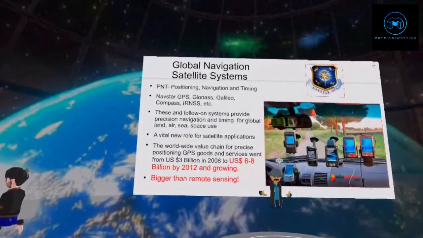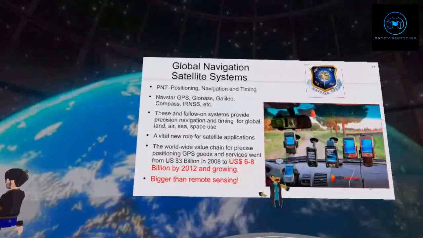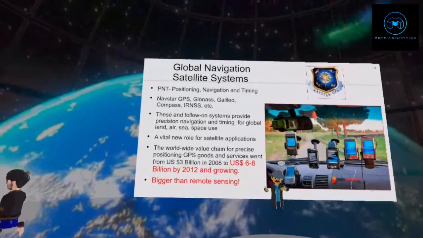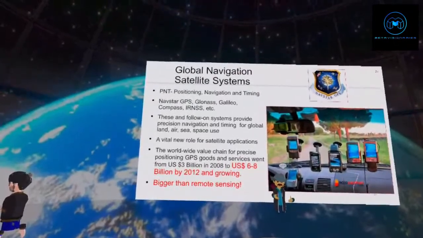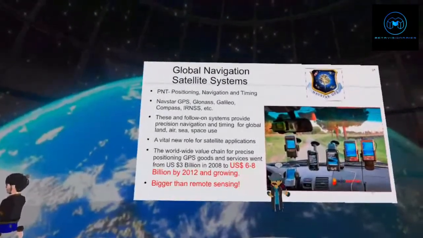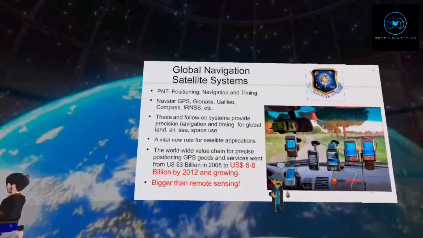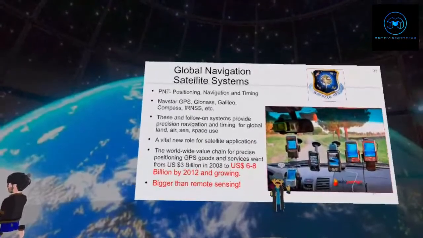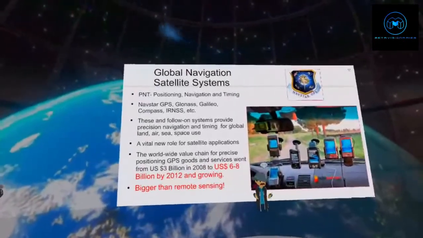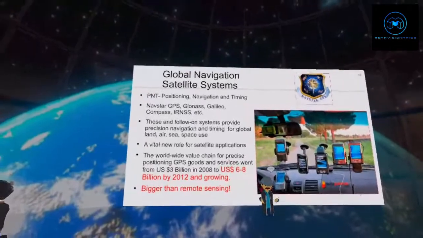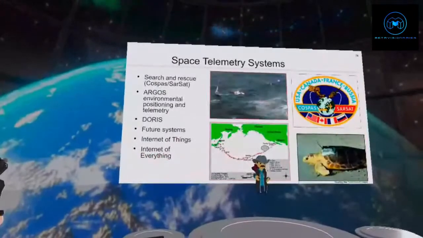But you have many national systems, the original US Navstar GPS. Now we have the Russian GLONASS, European Galileo, Chinese, Indian, and we're going to have more of these. And this is an absolutely vital part of our modern digital world today. If all of these satellites stopped operating, it would be a very bad day, because these are enmeshed in our modern global digital world. And I'll talk to you much more about this in my upcoming lecture.